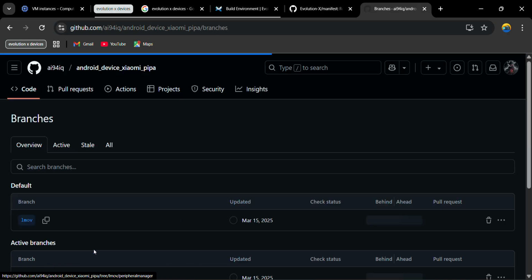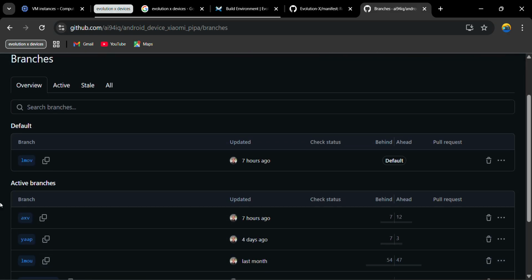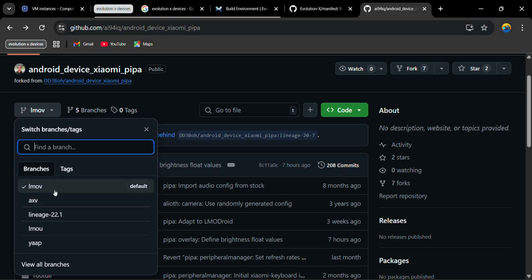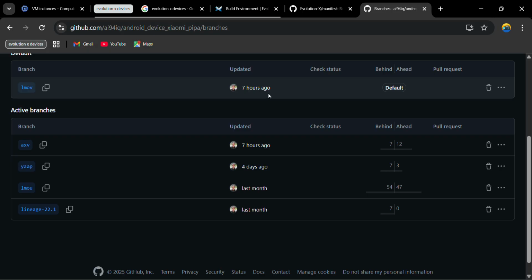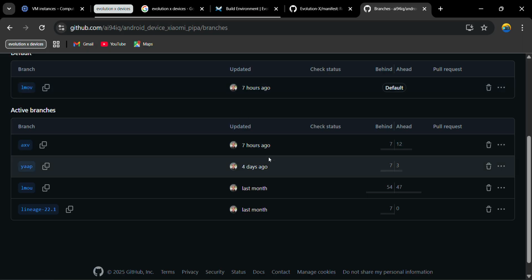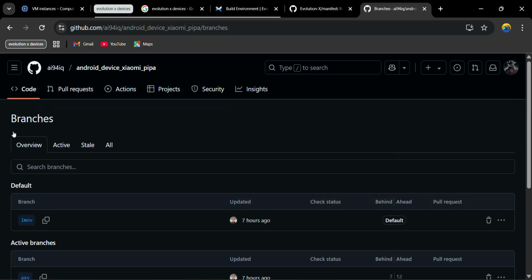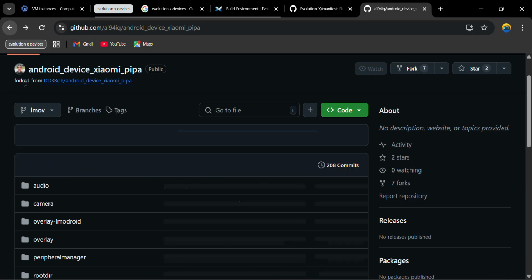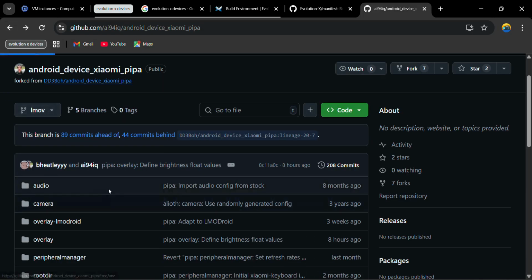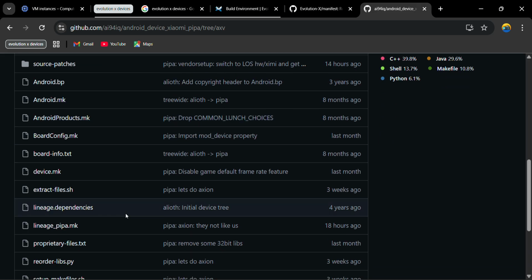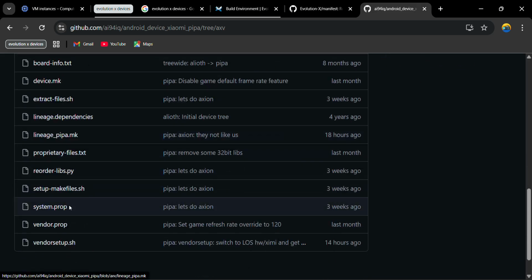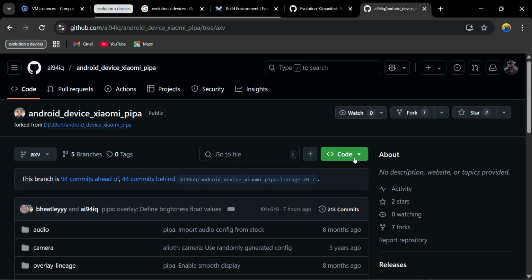You can also check view all branches, and here are all the branches. So we'll just take this one. This is the latest one, as you can see here also, updated 7 hours ago. This is also 7 hours ago, so we can take any of these. I'm just taking, let me check for AXV first. Here we are making a lineage based ROM, so we will just take this one. Just copy this one